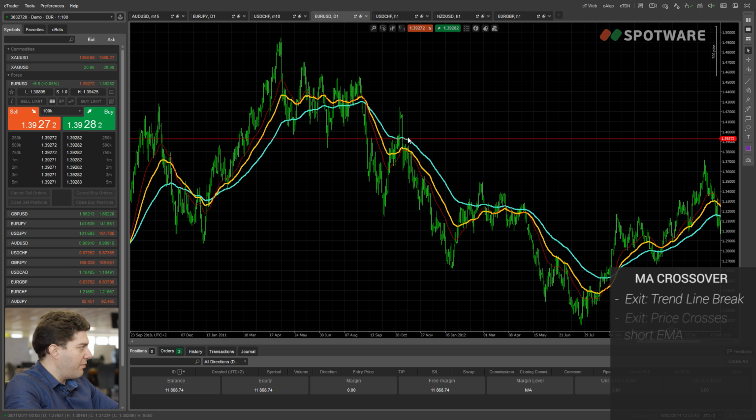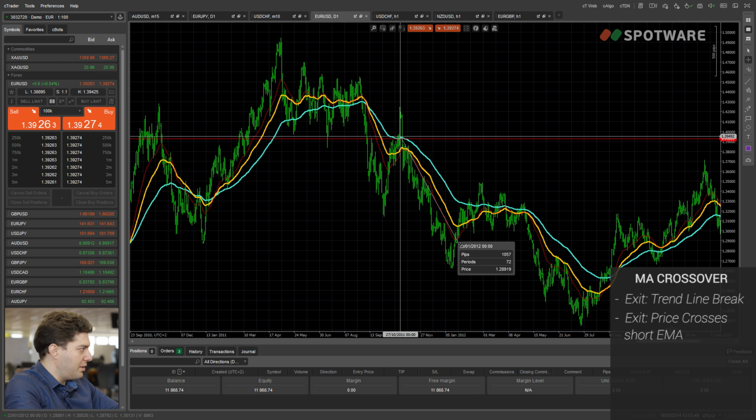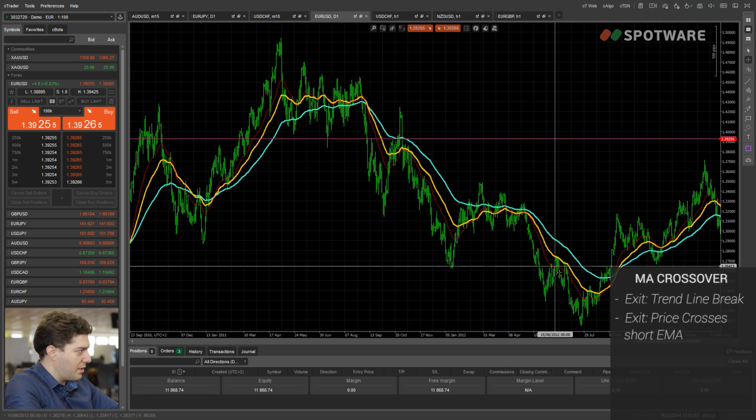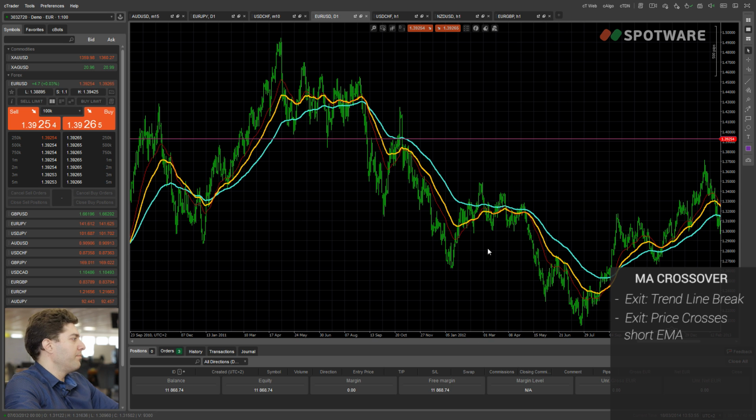And you enter every time that the price crosses the moving average in the opposite direction. So you can enter here, and you can exit here. Then you can enter again on the retracement, and you can exit here or here. The same thing you can do,